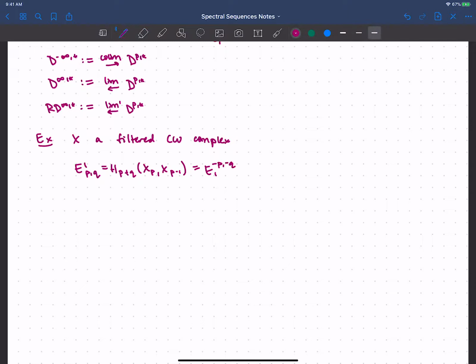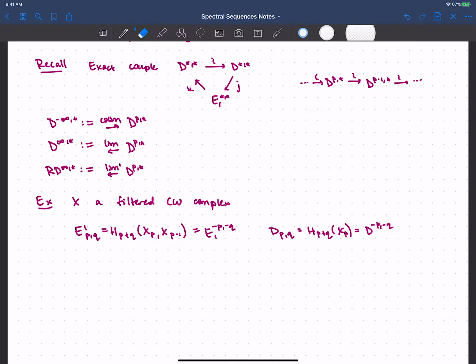I think I mentioned this in the previous video, and so all of the things I've been saying for exact couples and convergence still hold for this homology sort of spectral sequence, but now I've kind of turned things upside down. Then what's my D_PQ? Well, this should just be the homology of each of those filtered pieces, and that's going to end up giving me D upper minus P minus Q, okay? And so when I look at this diagram, of course, I've reversed my indexing, and so the colimit is going to be,